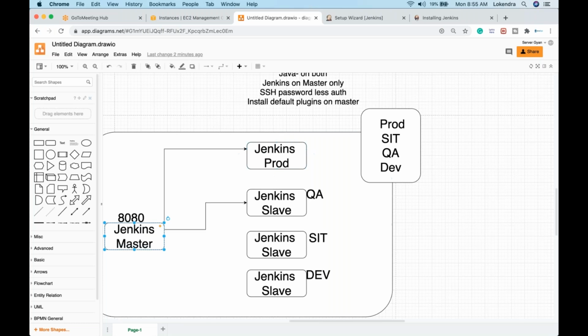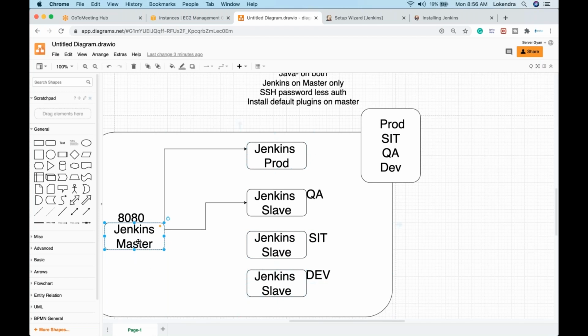But let us say when we are going to configure Jenkins master or slave, whatever jobs you are going to create, whether pipeline, freestyle, or multi-branch pipeline, these jobs should start with the particular environment name, because based on these environment names only we define whether they will get executed on the QA server, SIT server, dev server, or maybe the prod server. Jobs will be triggered from the Jenkins master, but as soon as they are triggered, they will get executed on these servers.